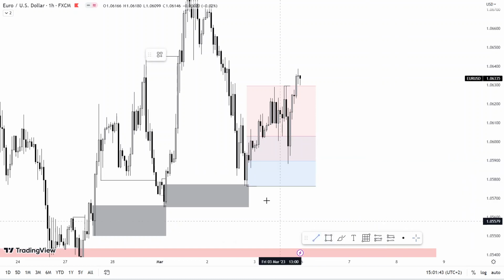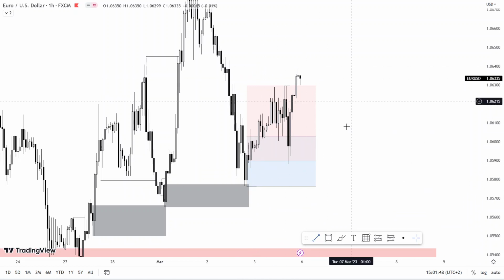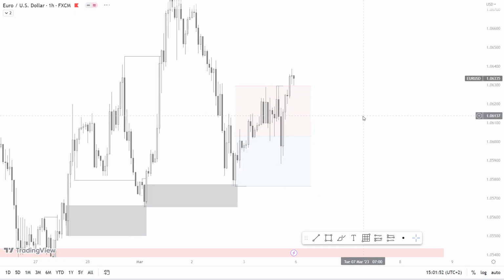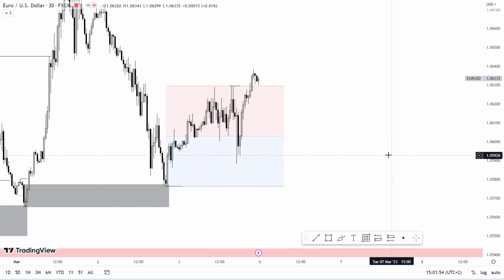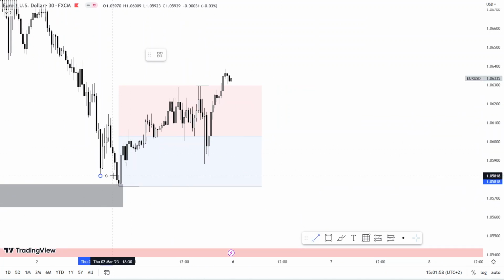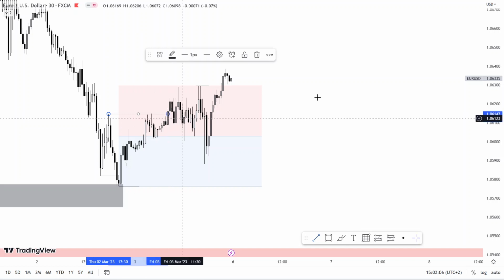So if you want to be risky, which is not initially how I wanted to explain this video, but never mind. Let's go to the M30. So on the M30, I'll explain that other one later on after I'm done with this one. So we created a stop hunt into the 1 hour demand level, break of structure right there, and then we